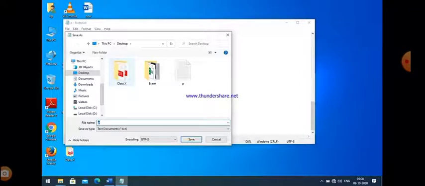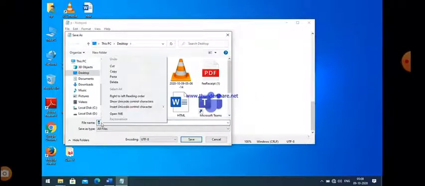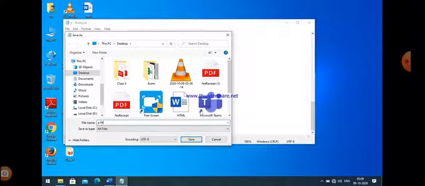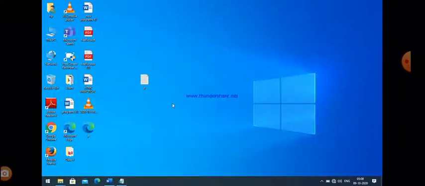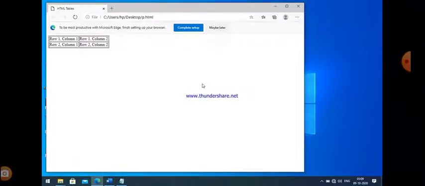So now give the file another file name, p.html. Okay, p.html is the name, and I just save it on the desktop, and you can easily see here that the text file and the html file are both on the desktop. That is our html file. I'll just execute this program by double clicking on it, and you can easily see the output.